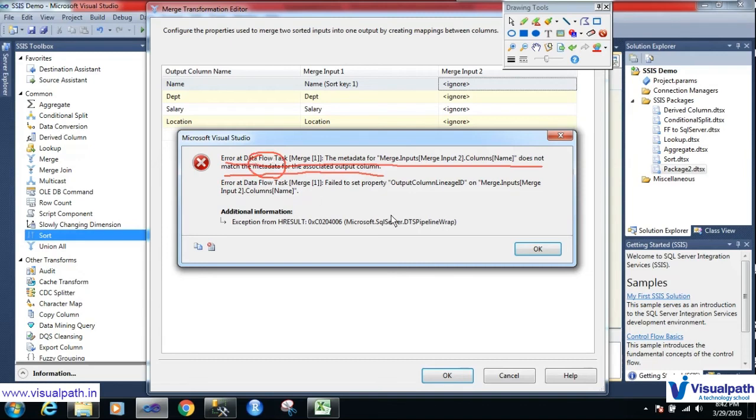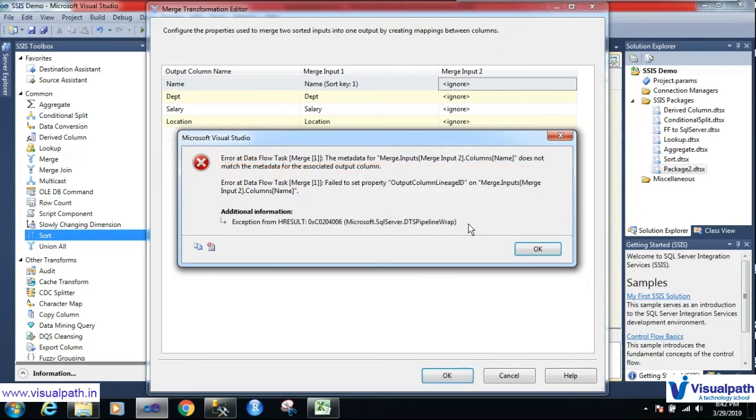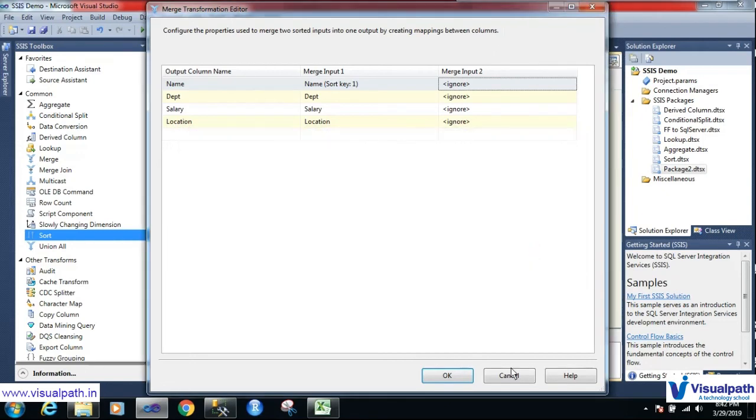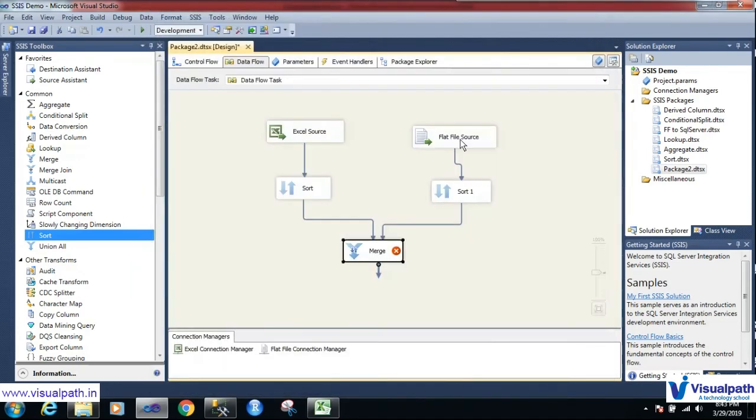Indirectly that means data type. Okay, so let me click on OK. Let me see the data type of name, DT_WSTR, department, DT_WSTR, salary, double precision float, and location, DT_WSTR. Click on OK. I will disconnect this second path,